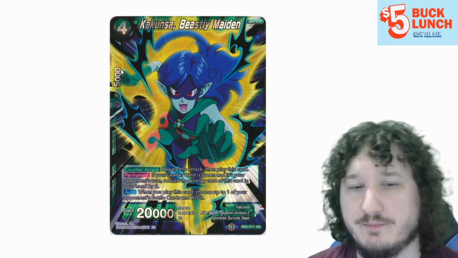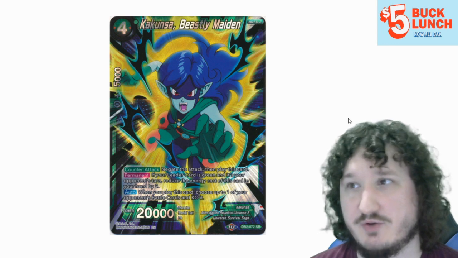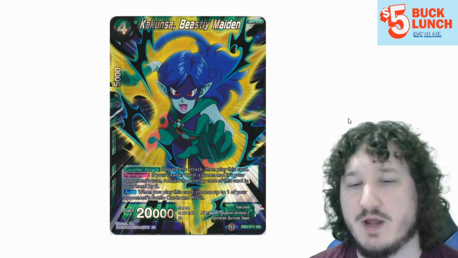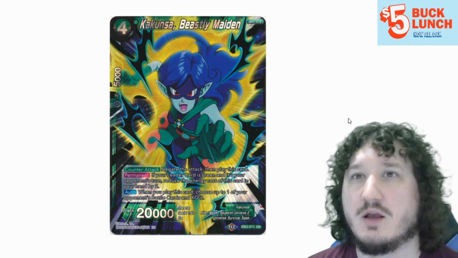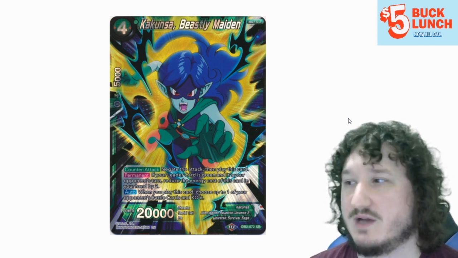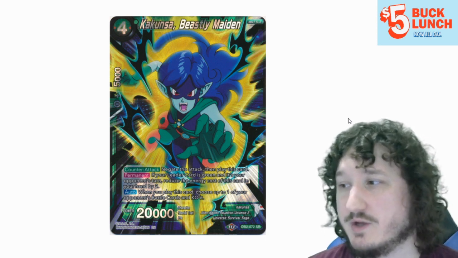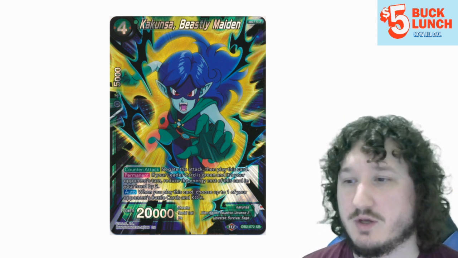Kakunsa Beastly Maiden. This is a pretty obvious card out of Universe 3. It's just a 2-cost negate that puts a 20k body on board and kills any battle card. Cutting off their chains on their turn is very powerful and slows them down a lot, so this card is very useful. It is a little bit more in price, which means if you're a budget player, you could play